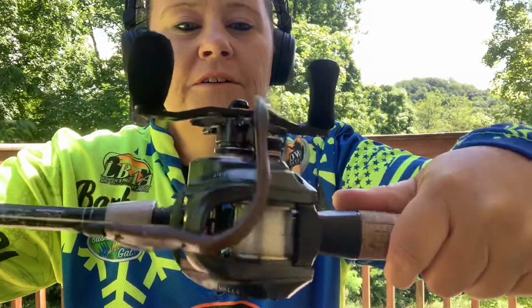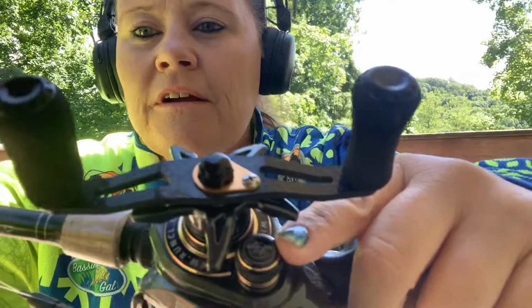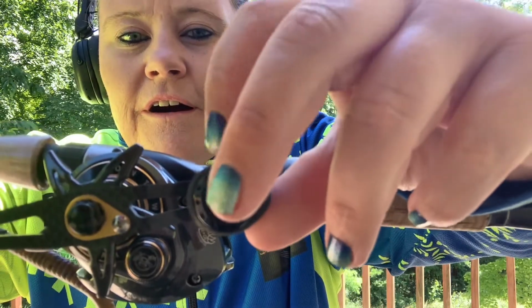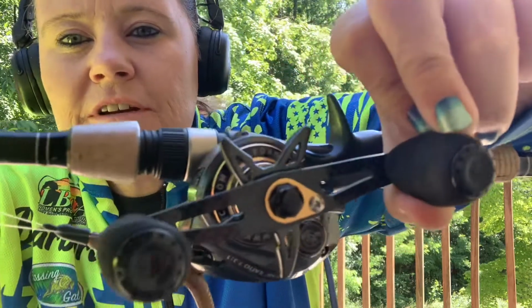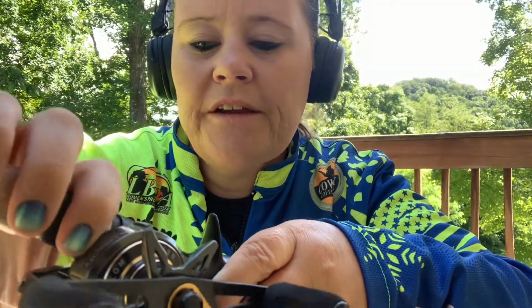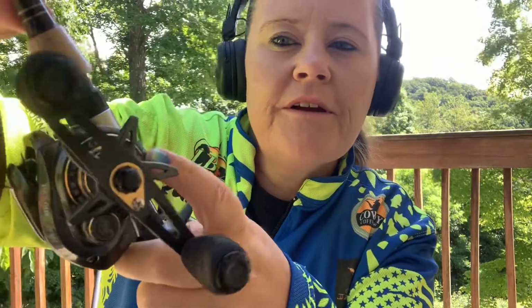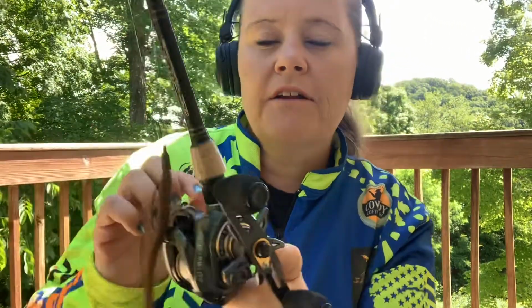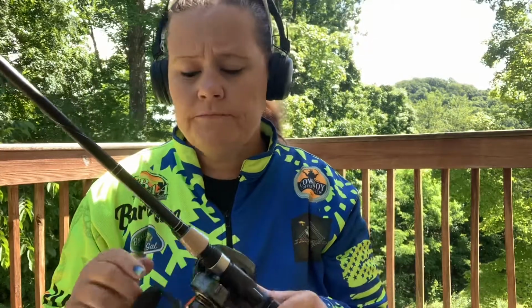With this reel, they've got the logo here on the tension knob. They've got the logo here. They have your line capacity information right here, and they have the gear ratio right here, the bearings information here, and they have their tagline, which is Born to Win, right here, and they have runcl.com written right here. So you can't really hide the fact that this is a reel from Runcl, but